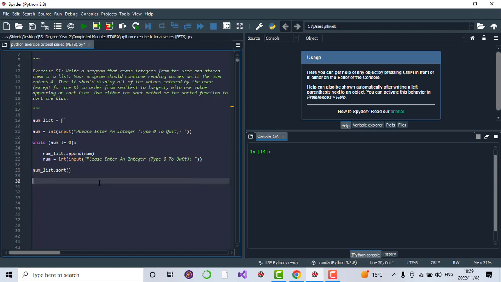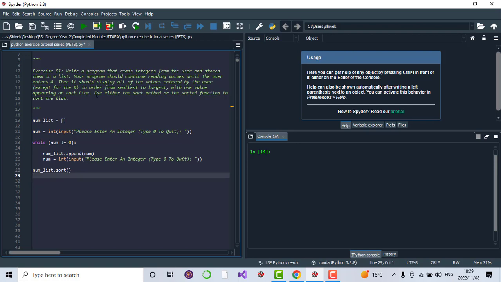So that's a discussion for another time. That's basically what sort does, right? Ascending order by default. Now, the sort method is the one that's, I would say, preferred for this specific problem. They gave us the option, right? Sort method or sorted function. And for this specific exercise, you'll find that using the sort method is much more appropriate